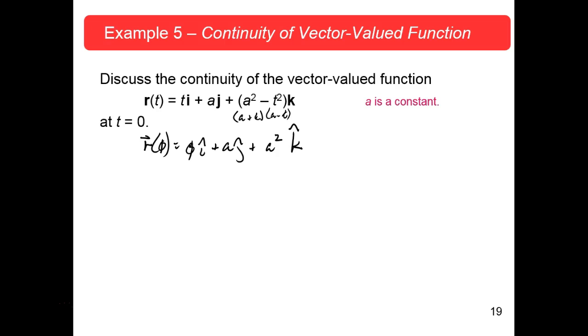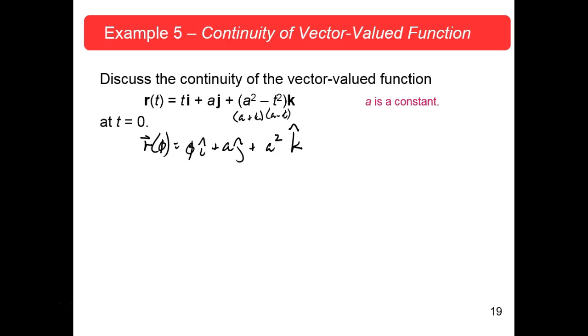See if we can picture this. If that's the x-axis, this is the y-axis. The y component of this vector r is always going to be a on y. You know, a units out on y. We'll just assume they're positive so we can see them here. And then a squared minus t squared j, well, as t approaches 0, the x component, whatever it was, has been getting less and less and less until it's disappeared. You're still at aj, always was aj, and the a squared minus t squared,